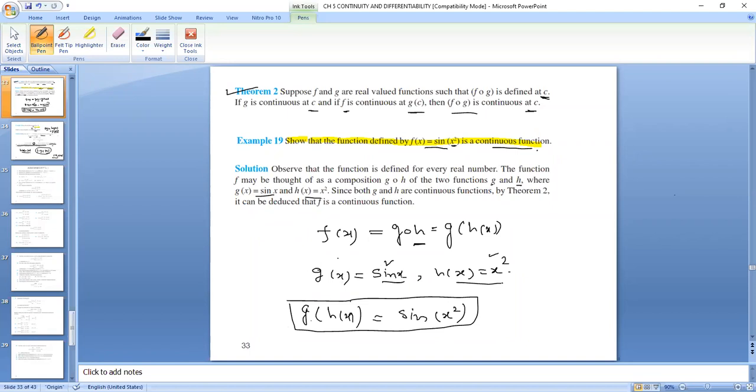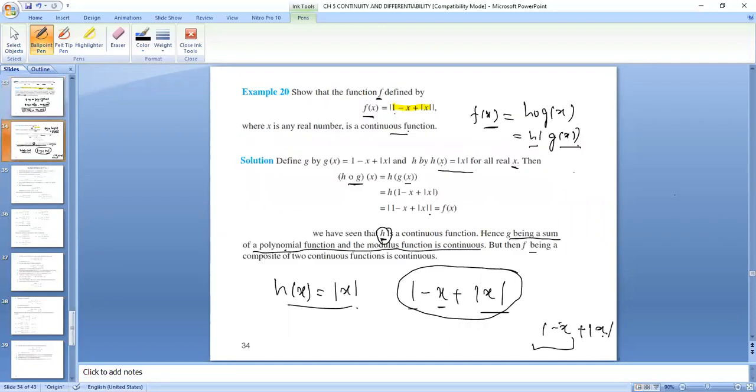g(x) is equal to sin x a continuous function, and also you will prove that h(x) is equal to x square is a continuous function. You will not write as it is that g and h are continuous functions. You will actually prove it. We have done the proof for g(x) is equal to sin x, and the same way we will be proving it for x square, taking negative values, taking positive values, c negative, c positive. After proving that both the functions are continuous, we will write that their composition is also continuous. This we had done. There is no change in this question.